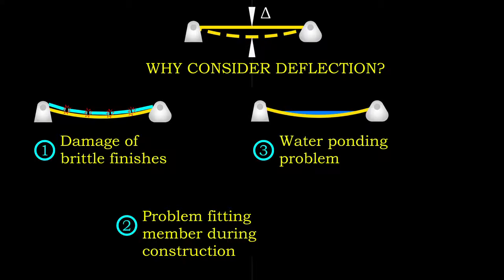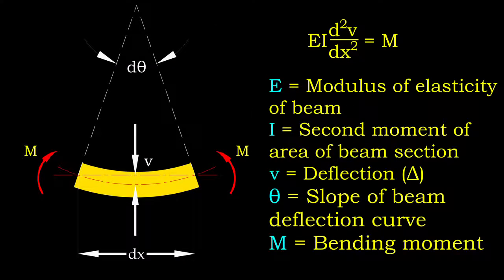Water ponding at undesired location may occur if there is no proper drainage system for the lowest point created by unforeseen deflection. The appearance of structure is less pleasing if the beams are showing noticeable deflection. We may use double integration method on Euler-Bernoulli equation to determine the deflection and angle of rotation of any point